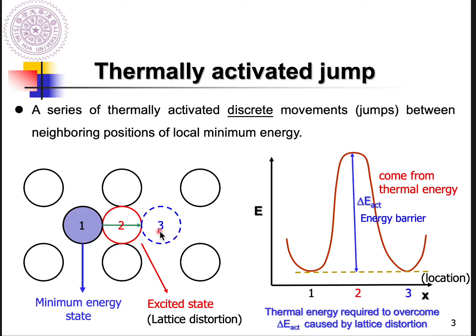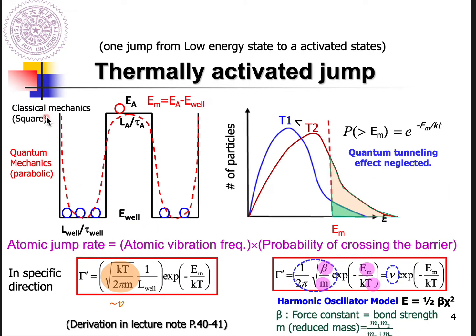So this we call a thermally activated jump. And based on classical mechanics or quantum mechanics, you can estimate the atomic jump rate, expressed like the atomic vibration frequency times the probability of